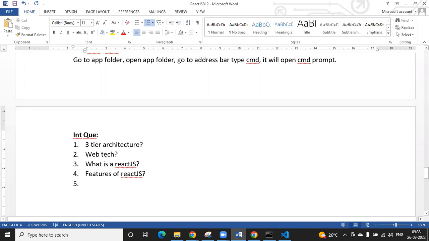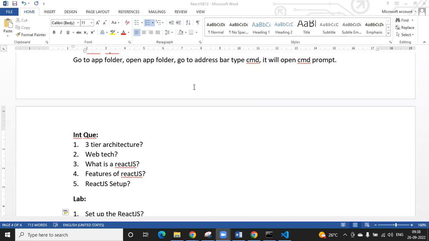Next, React.js setup. How to set up React.js? Try to complete these things. And from today onwards, let me give the labs also. Do one thing: first, set up React.js in your environment, in your machine. If you have any questions or doubts, everybody has my number, right? Immediately call me or text me. Evening, maybe after 8:30 or 9, I have some free time. If you want to connect personally, I can.